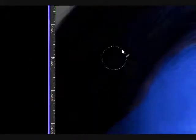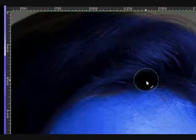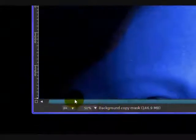Don't want to see any brown if you're using this image, or whatever color this image's hair is. And try and keep the edge of where you're painting, the border between where the hair and the head is,